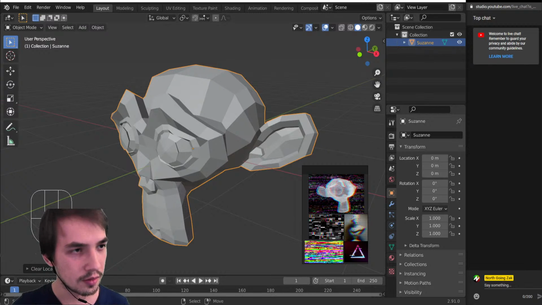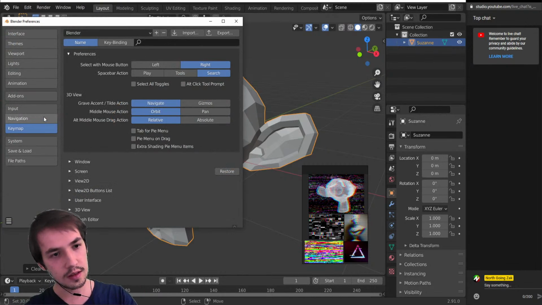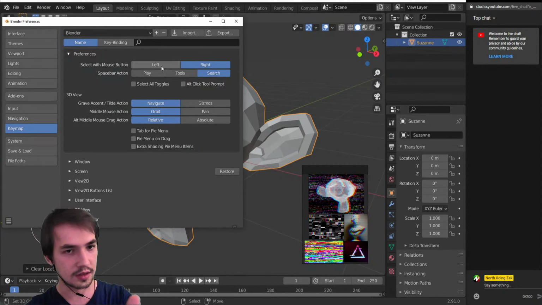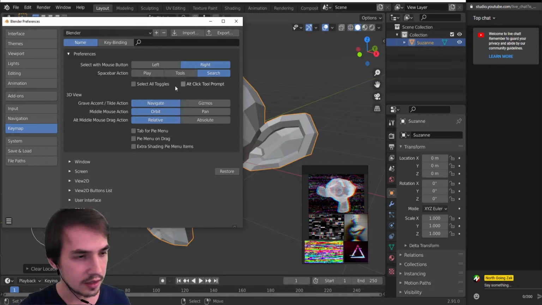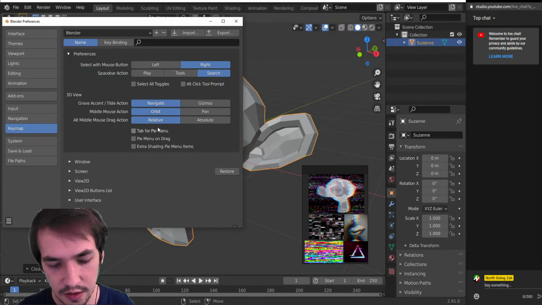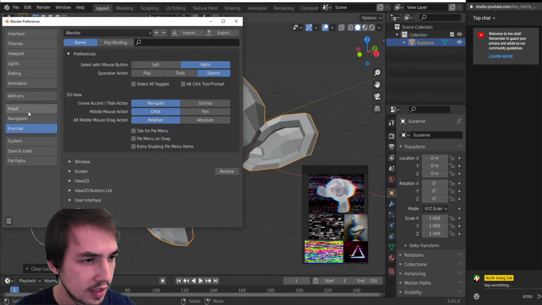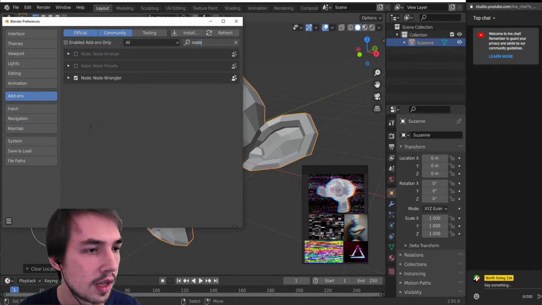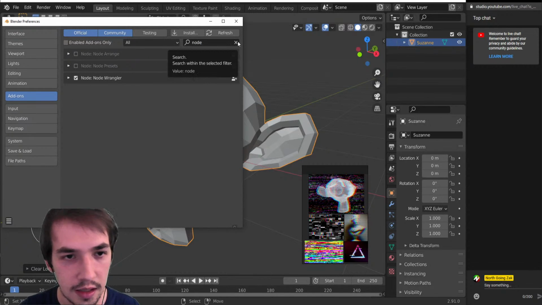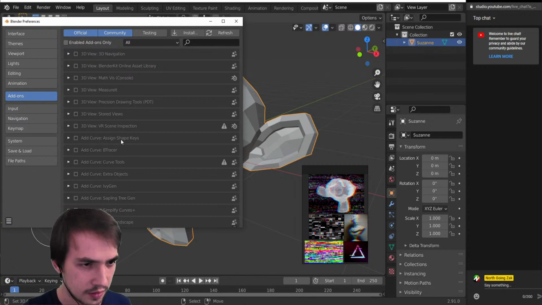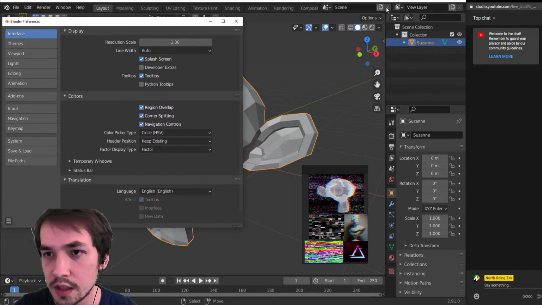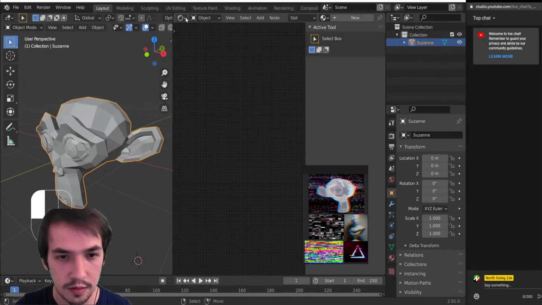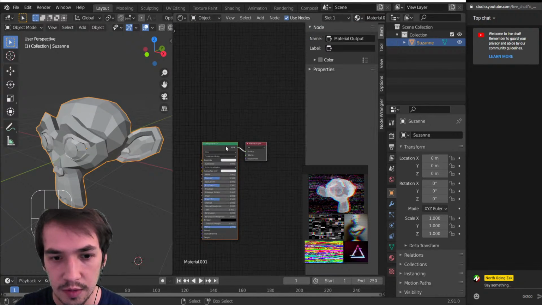There you go. So I'm going to go into preferences, and as you can see, I've changed this to right click and spacebar to search, because I won't be using place so much. I mean, I can do shift spacebar instead in that case. And then for add-ons, I'm going to use Node Wrangler so that I can use nodes quicker. And there's a few useful shortcut keys that come with that. And if I look at my nodes here, if I make a new material, we can see this